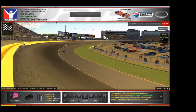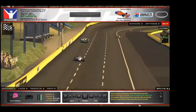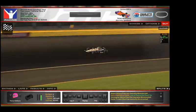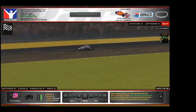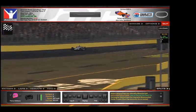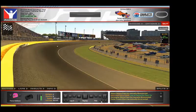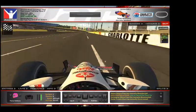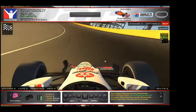As you can see, the car 196 miles an hour. Now we're building our speed back up and actually managing to get through these corners pretty well. Front wing, I think, took the brunt of the accident. You can see we've got damage on the front nose. We'll go on to the roll bar. As you can see there, the front wing is what took the impact for us,